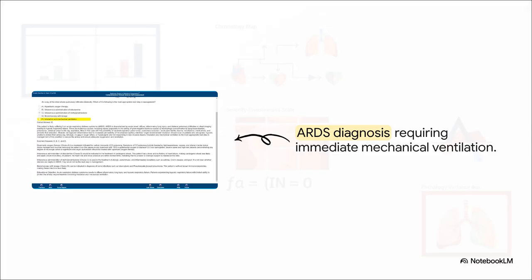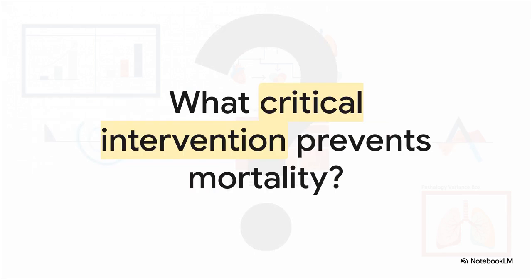Now for our second vignette. We have a patient with a history of infection, presenting with diffuse bilateral infiltrates and severe hypoxic respiratory failure. This is practically a textbook case of the Berlin definition of ARDS we went over back in Module 1: acute onset, bilateral opacities, and a clear non-cardiogenic mechanism. So faced with a rapidly dissolving alveolar capillary barrier and refractory hypoxemia, our protocol is definitive: urgent endotracheal intubation and